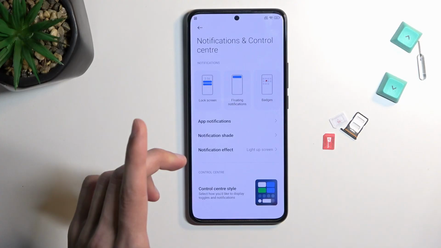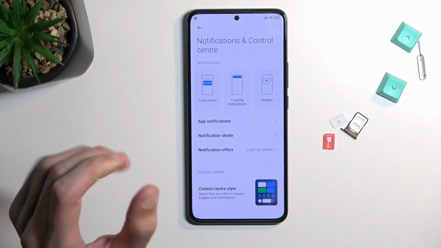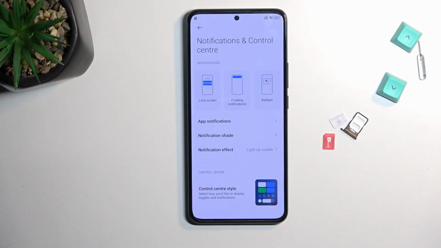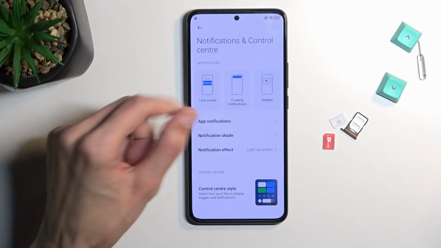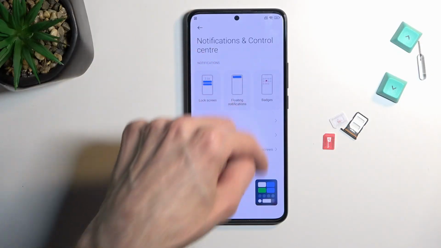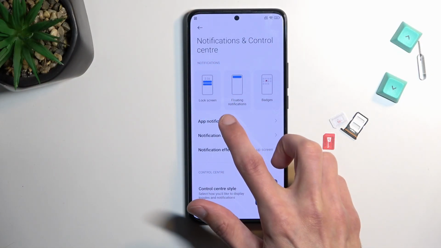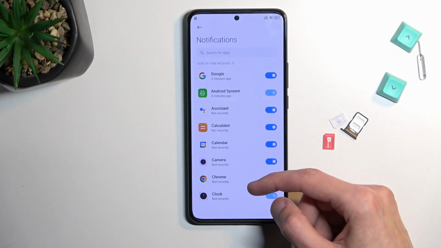Oh, I'll mention one more thing. For me, I just pulled down notifications and I had the bell icon, but this could have been just because I popped it in and back out twice, technically. For you, you might see a notification show up. If you see that notification, then swipe that notification down as well, and then you will see the bell icon. But anyway, from here we're gonna navigate to apps and notifications,